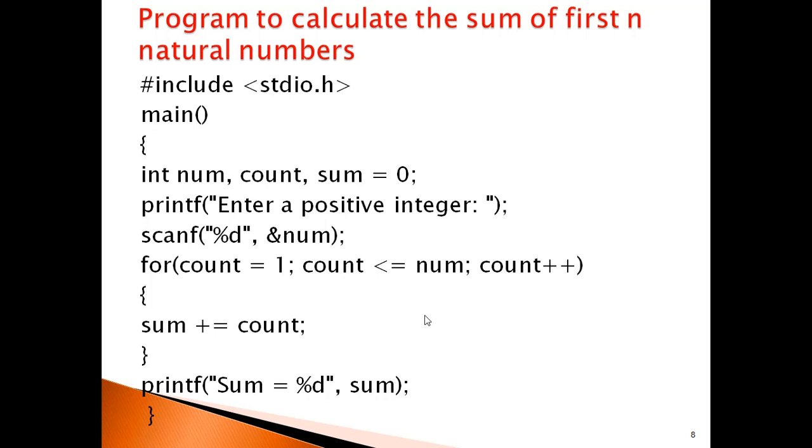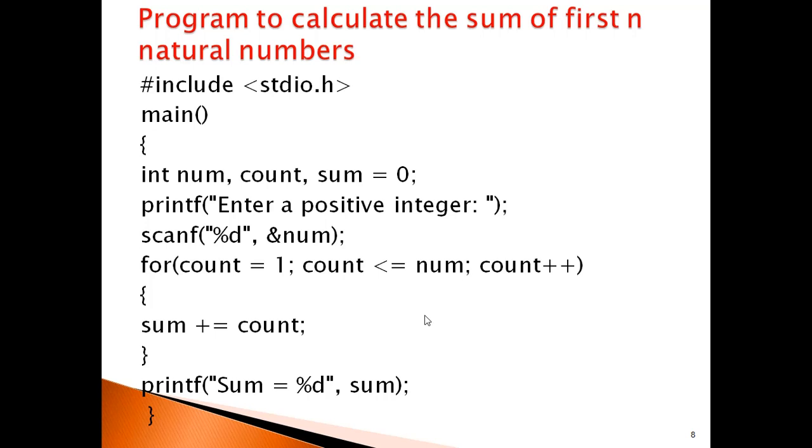By using the counting variable, count starts from 1 up to where the loop is executed. How many times must the loop be repeated? Up to n, the user entered number.